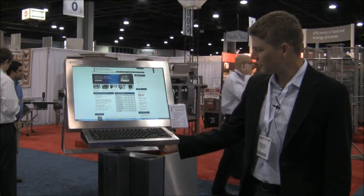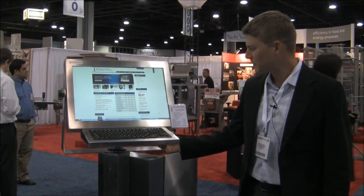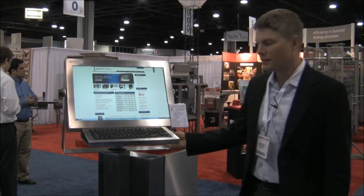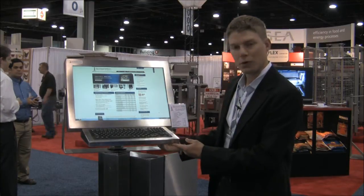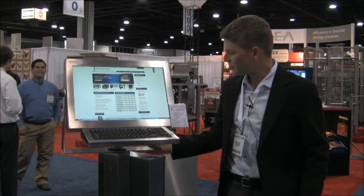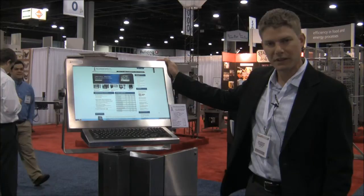Okay, so first let's take a look at our monitor-mounted line of keyboards. All the units in this line mount directly to the bottom of one of our universal mount monitors. I don't think you can see it, but there's a 4-bolt pattern on the bottom. This 4-bolt pattern is included on every universal mount monitor we sell, so they can all work with one of